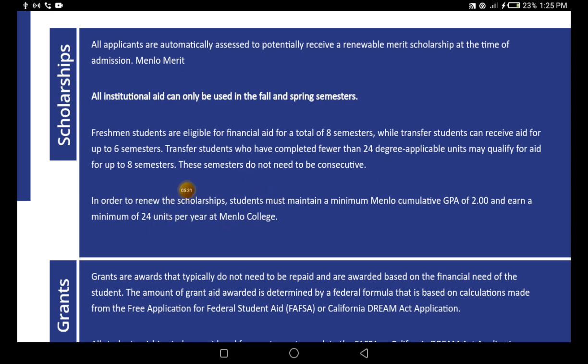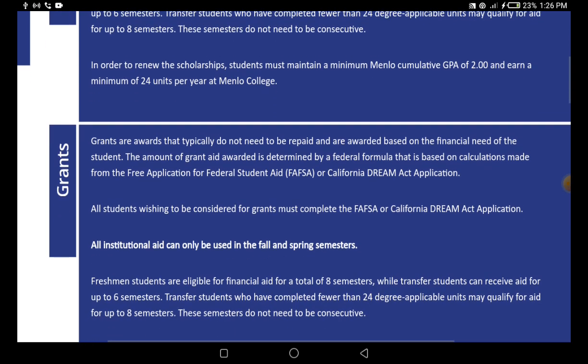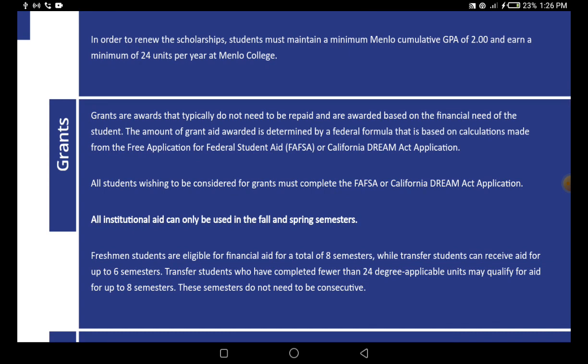In order to renew the scholarship, students must maintain a minimum Menlo cumulative GPA of 2.0, which is quite affordable, okay? And earn a minimum of 24 units per year at Menlo College. Okay, Menlo. Grants are awards that typically do not need to be repaid and are awarded based on the